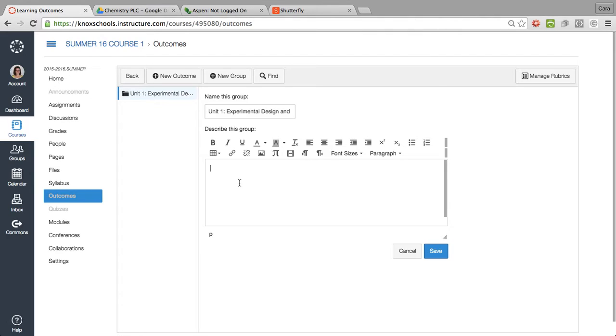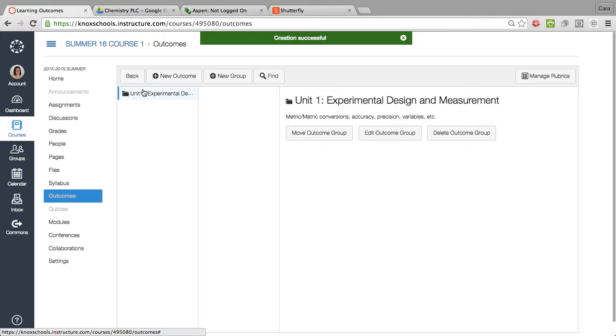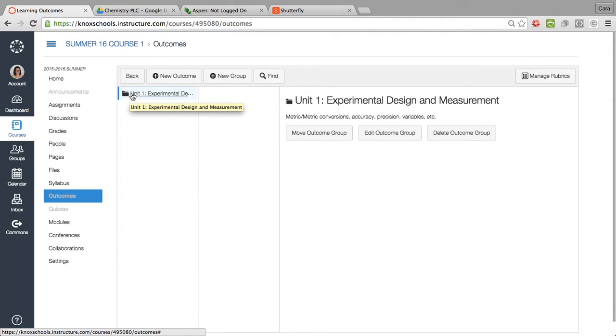So within here, I might kind of be more specific about the vocabulary that's involved. I could write out that this includes metric to metric conversions. This includes accuracy. This includes precision, variables, etc. And again, you can add as much or as little as you want to there. So ultimately what I've done here is created a folder. Again, I look at these things by unit, and now what I'm going to do is I'm going to look at everything that I teach in Unit 1, and I'm going to go through and add all of the standards